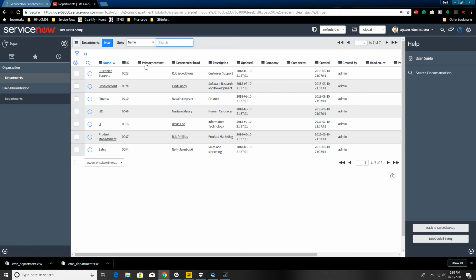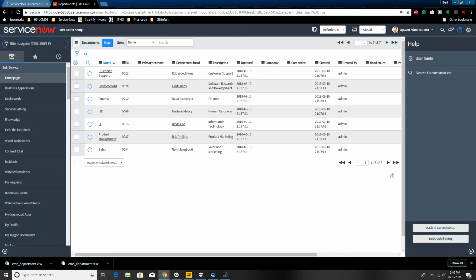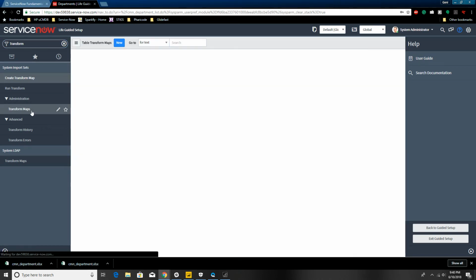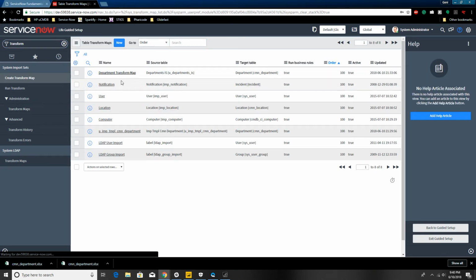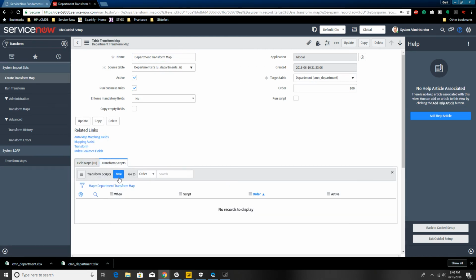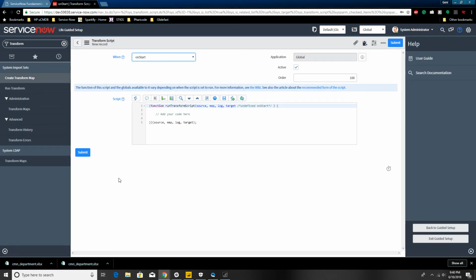Now, what are the benefits of a transform map? Well, a transform map is very powerful. So when your data needs to also be altered, you can run a script on the transform map. Let me show you what I mean. So we're going to open this department's transform maps, and here in transform scripts, we can actually create a transform script that runs